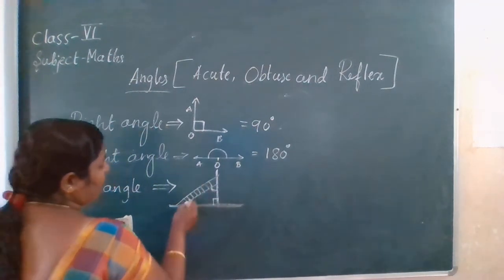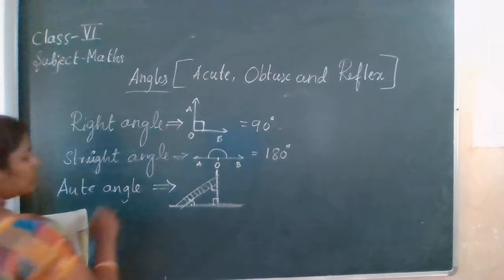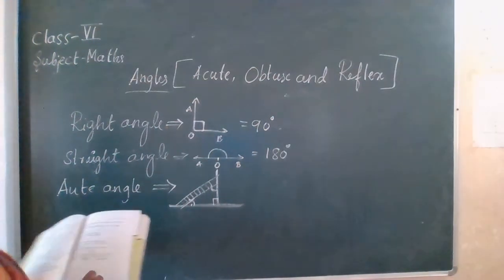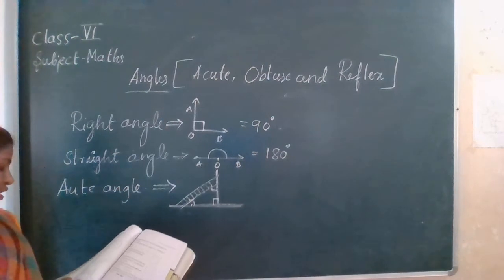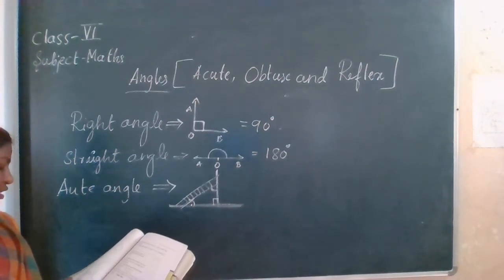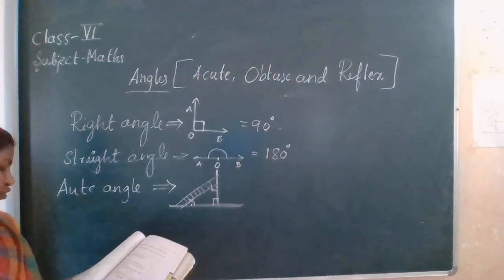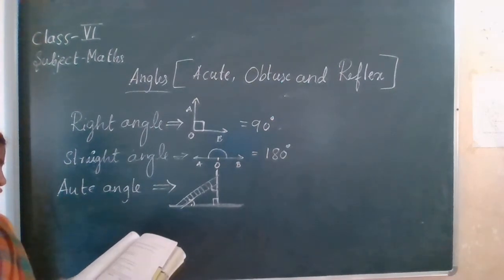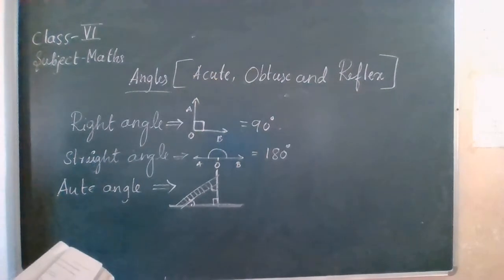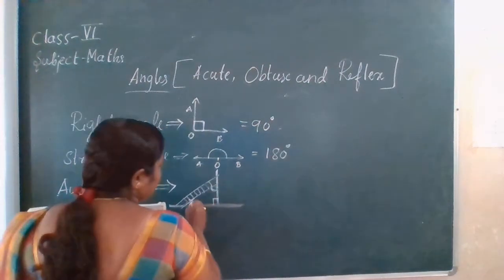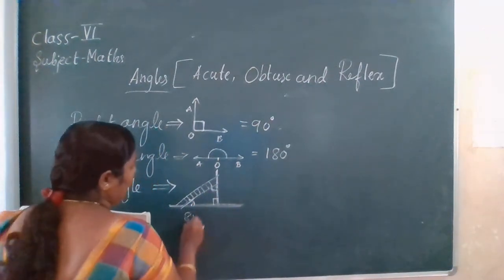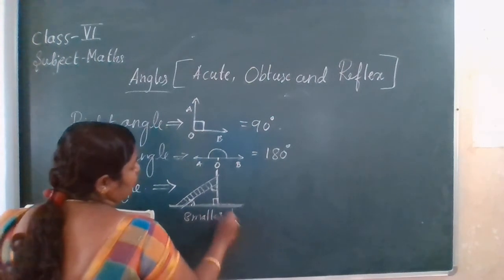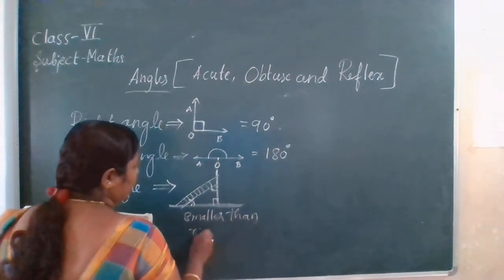So what type of angle are these two? This is known as an acute angle. If you measure this, are these angles smaller than the right angle? Are these angles greater than the right angle? Have you seen a carpenter's square? It looks like the L of the English alphabet he uses. It looks like a right angle. Let us also make a similar tester of the right angle. So if you see this, these will look smaller than a right angle.